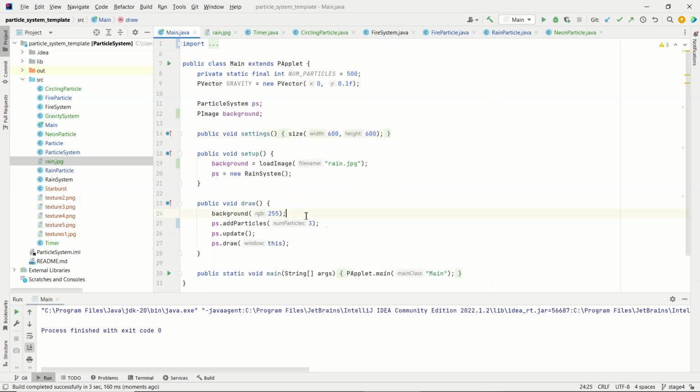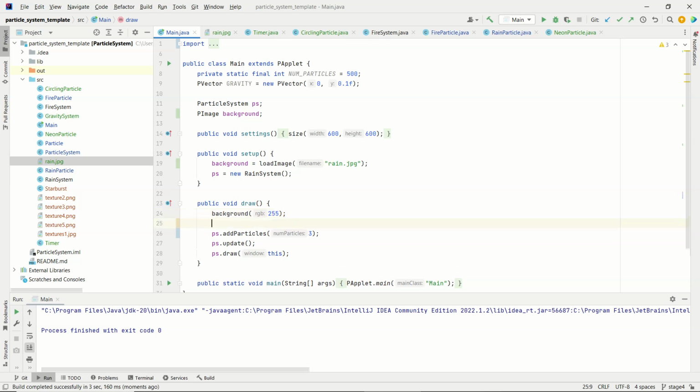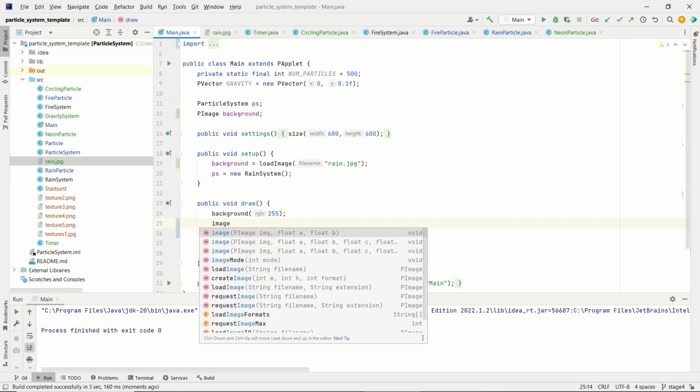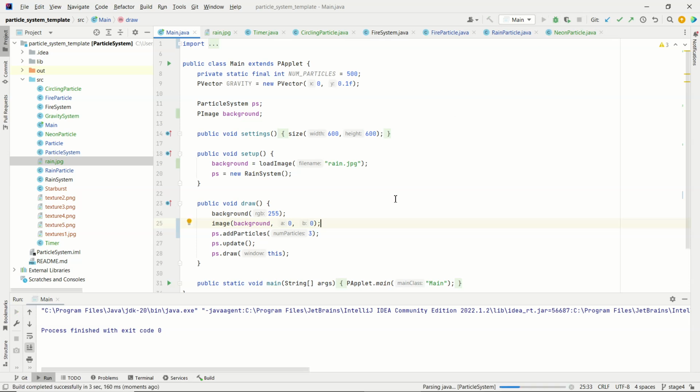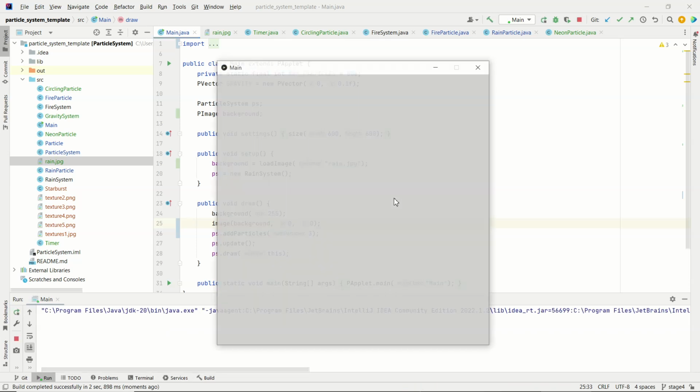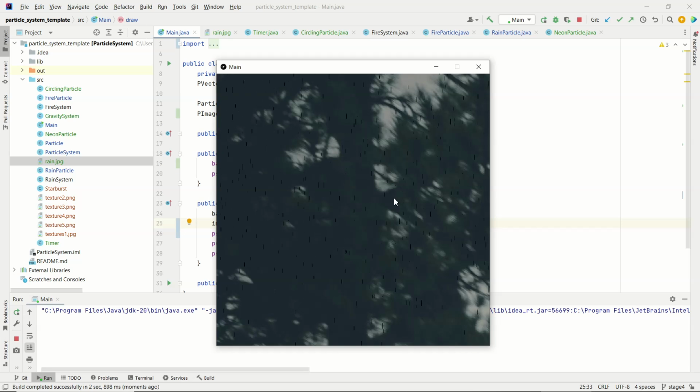So the last step is inside draw. In addition to saying background(255), the image command is how you display an image. I give it the name of my PImage, background, and then I give it the coordinates of the upper left-hand corner where I want it to display. Okay, so this is not quite what I had in mind, because the image seems to be much larger than